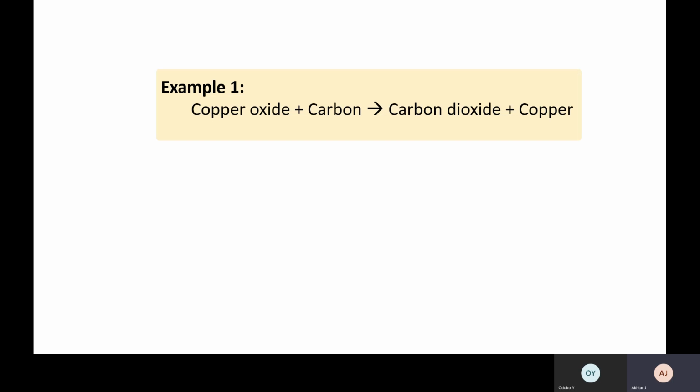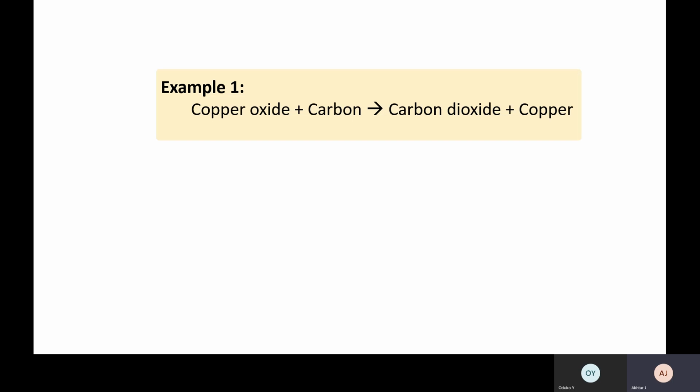A really important industrial process. There is a real high demand for metals like copper. They're used in water pipes, electrical wires. But copper itself is not a native metal. It's not pure. It has to be purified by removing the oxygen